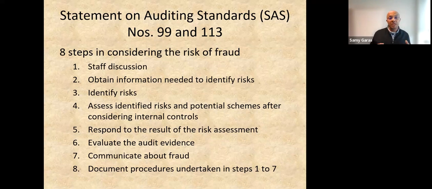How is the auditor communicating the fraud? If the fraud is small, the auditor will communicate it to the executive management and the audit committee. If the fraud is big, the auditor will report it to the audit committee without going to the executive management, because most of the time the executive management is involved in this fraud.